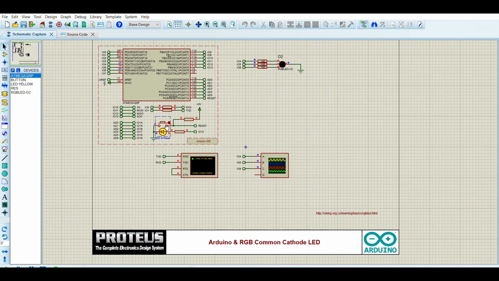Here we can see the pattern of the LED as we just read in the code. It glows for 4 seconds and then turns off, and then again repeats the cycle as we specified. Here is the digital oscilloscope. In order to see its behavior, we connect this terminal, and here we can see it is connected. Let's run the code, and here we can see the pattern on the oscilloscope. To see that pattern precisely, we go to Debug and select Digital Oscilloscope, and here we can clearly see the pattern.